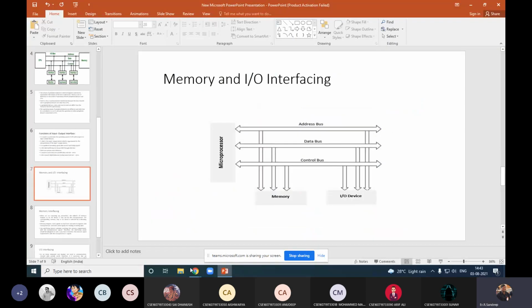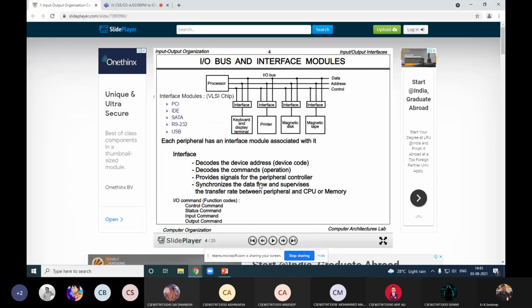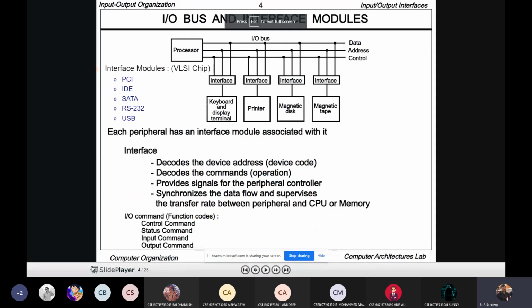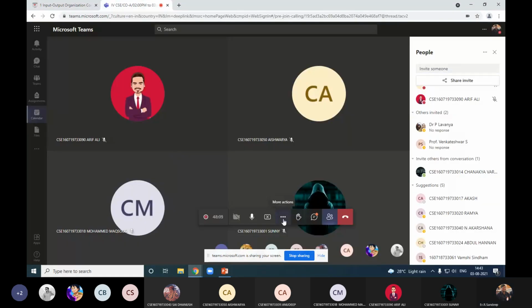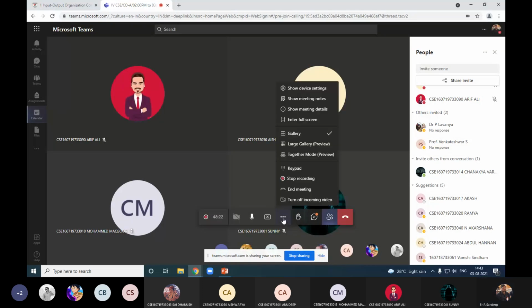Those are the major functionalities of an input-output interface. They are essentially required when we are talking about input-output interfaces and the peripheral devices which we use with respect to the CPU. That's about the IO system bus and the input-output interfaces which we use in real life when we are accessing data from the computer and giving data to the computer. Fine.